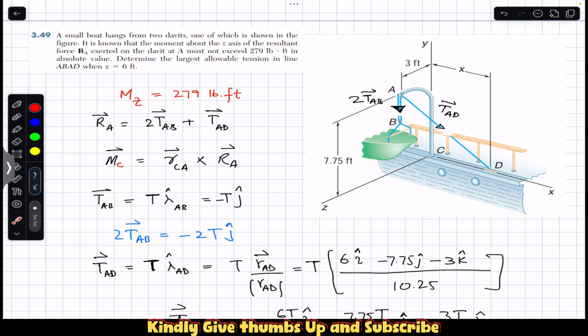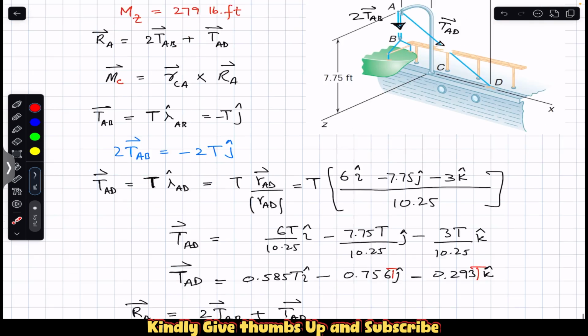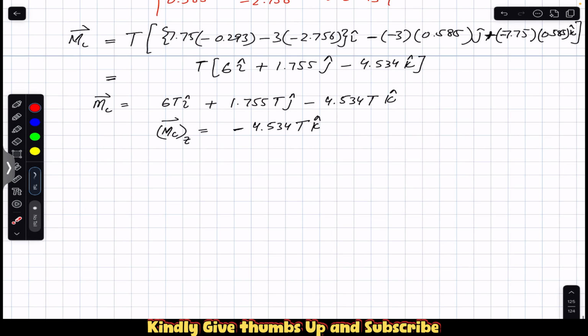So if we curl the fingers of our right hand in this direction, the thumb must be in the negative z direction. If you look from this direction, the component of the moment at C about the z-axis is in the clockwise direction, and this is the direction. The magnitude of the moment at C about the z-axis will be equal to